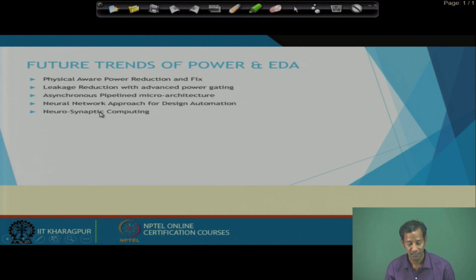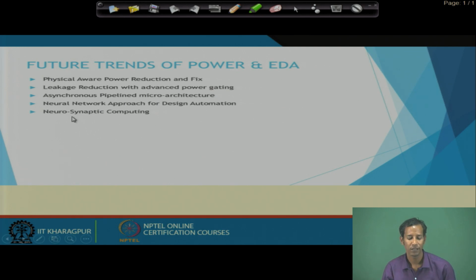And then the recent trend is neural network or artificial intelligence applied on electronic system design automation. That means, if I can experience that in a previous situation I used power gating of, let us say, 60% on the overall circuit, then if I find the same situation again, without considering anything else I will apply 60% power gating to the overall circuit.